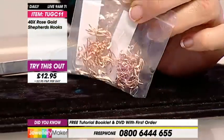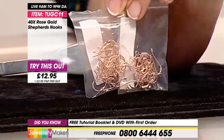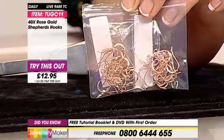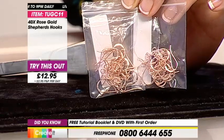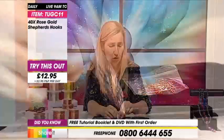So, with a tanzanite drop, you're going to be selling that for 64p. And then obviously you've got to equate the costing of your tanzanite, I know, but I'm just thinking of your margins here. They're just beautiful. I am obsessed with the tanzanite, but there's also these lovely, pretty